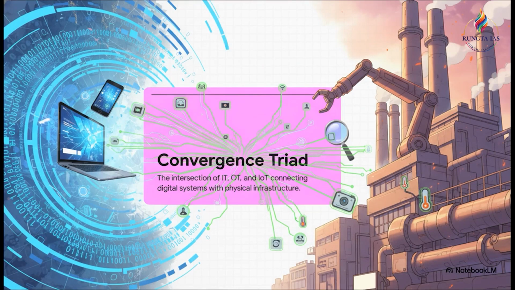Now, aspirants, I want you to take down some notes right here, because this slide gives you some absolutely vital vocabulary for your mains. We call it the convergence triad. Exactly. Think of it like a puzzle. You have IT operating in the digital space and OT, operational technology, down in the physical world of plants and machinery. And right there in the middle is IoT. It connects the two. But if we aren't careful, that very connector can easily become our weakest link.